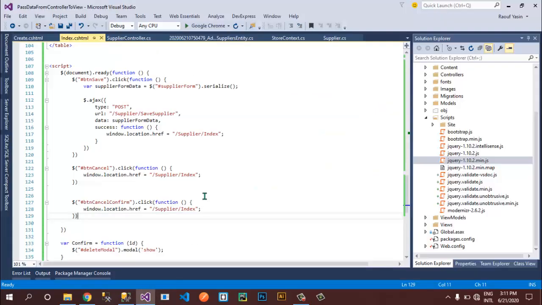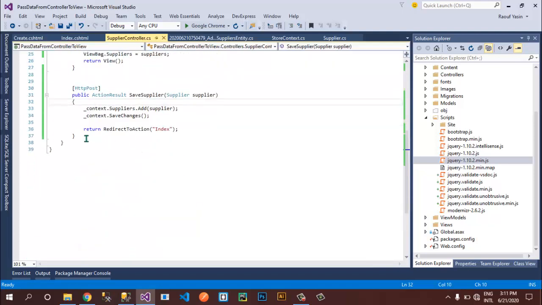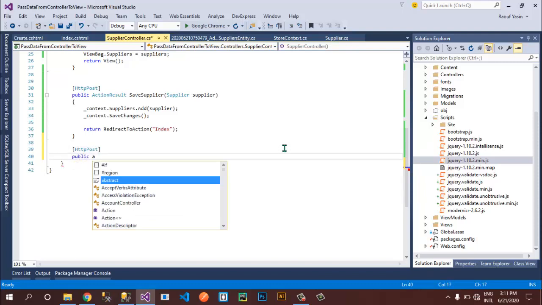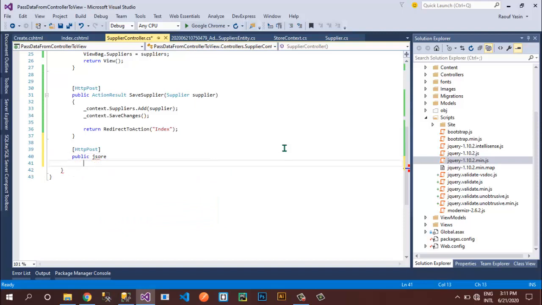Okay, so first of all I will go to my supplier controller and create another action result for delete operation. Then I'll go to my client side code, http post, and then I will create an action JSON result because we don't want to return anything else, and I will set it as delete, and over here I'll pass ID as the parameter.